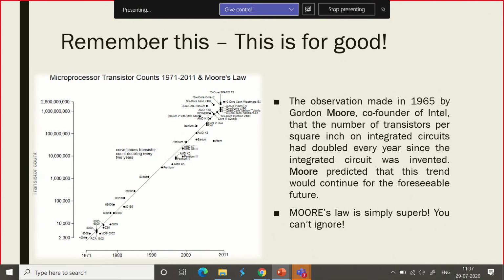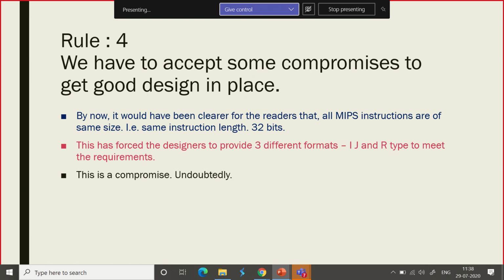We have millions and millions of transistor count increase, and this is to be remembered. This is called Moore's law, and this is a question that can be asked in any interview. What is Moore's law? Actually he predicted that it's once in 18 months. Now it is almost every year. So every year the number of transistors inside a processor will double. Please listen to that, it is a very important point.